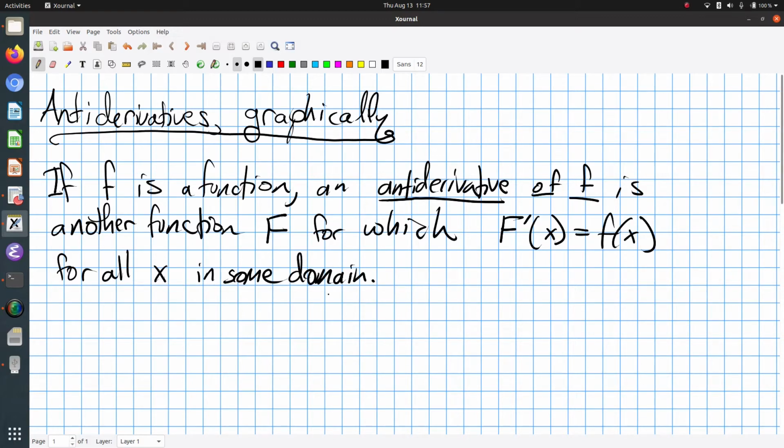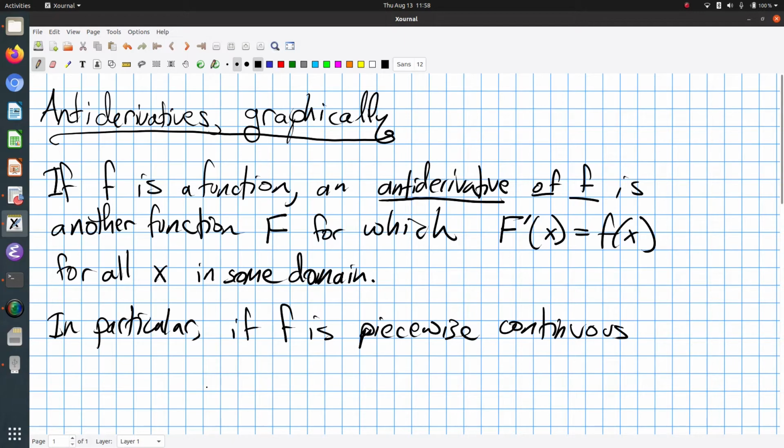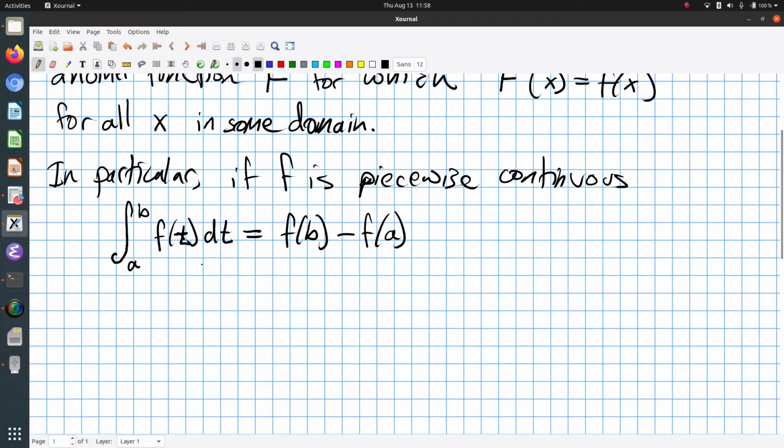Okay, well, from the fundamental theorem of calculus, we know something about antiderivatives. In particular, if f is piecewise continuous, the fundamental theorem of calculus says that I can write the integral from a to b of f of t dt is equal to F of b minus F of a. Well, that's okay, but one of the neat things that comes right out of this is the fact that